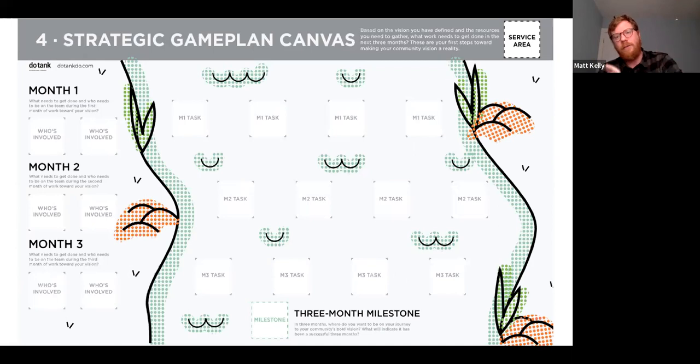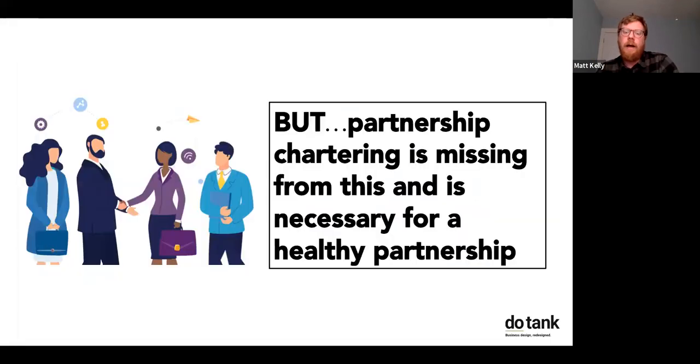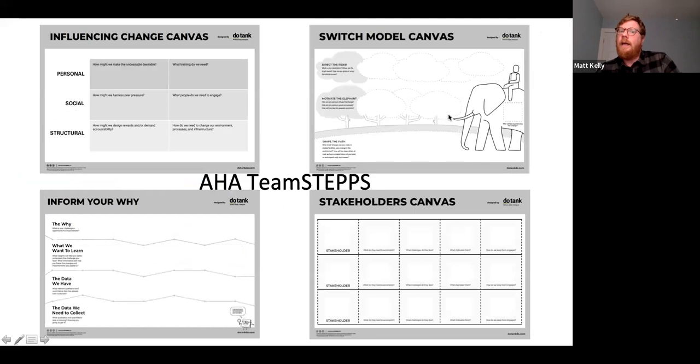So again, something that we've seen in the community-based partnerships. But one thing that we didn't see a canvas for there, although they do exist, was the thing I mentioned earlier about chartering. Being very clear early on about roles, who's doing what is very, very important. And that's what a lot of this stuff that we've talked about, like visioning, inspiring teams, understanding stakeholders, it's in the TeamSTEPPS program. So we've had the great privilege of working with Jen and the team to help introduce some